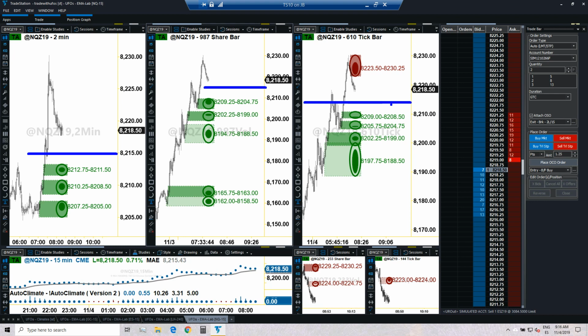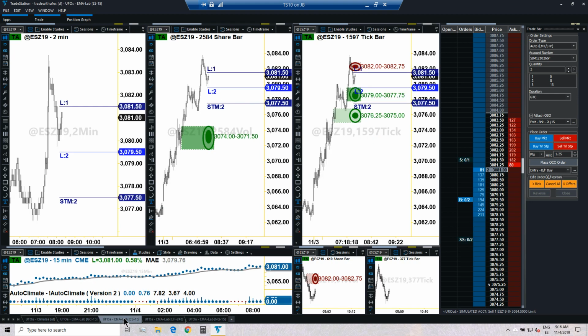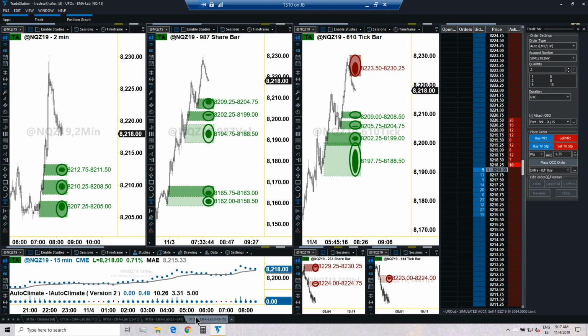So with the NASDAQ, we don't have valid UFOs to execute this trade, while with the S&P, we do. We do have that UFO that is lining up adequately with the moving average, but we don't have that with the NASDAQ. Therefore, we are not gonna take the trade with the NASDAQ. We'll just observe it, just like we observe the trade with gold. We will observe the trade with the NASDAQ.